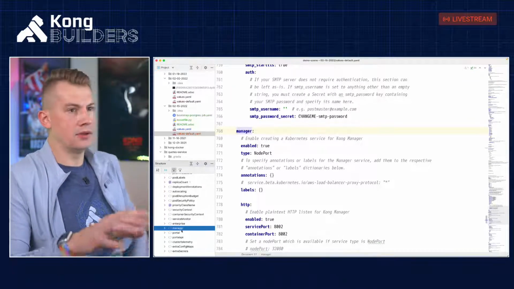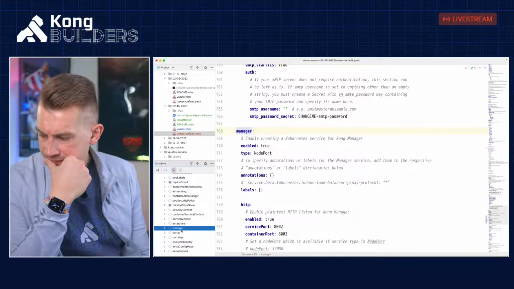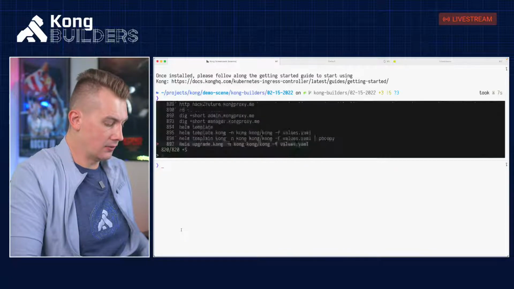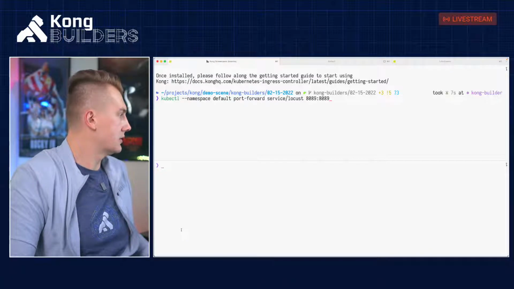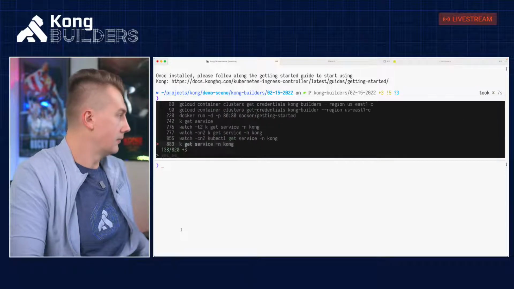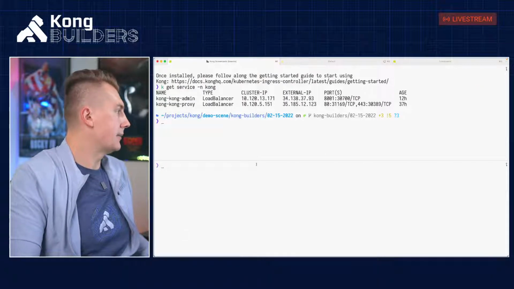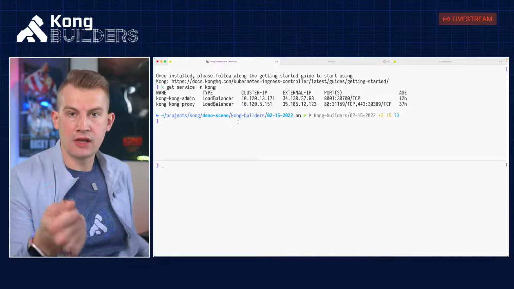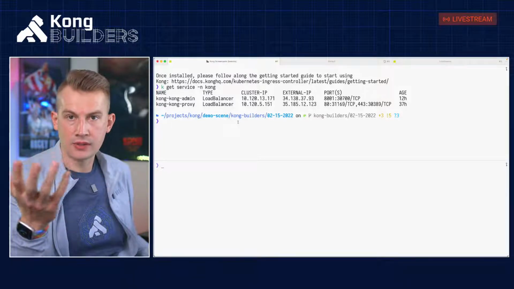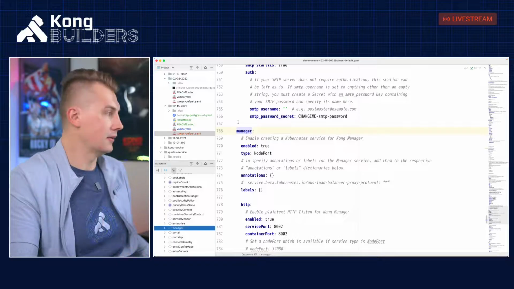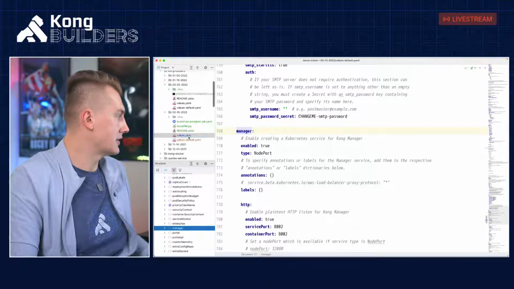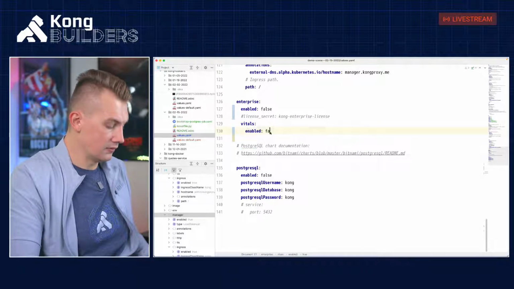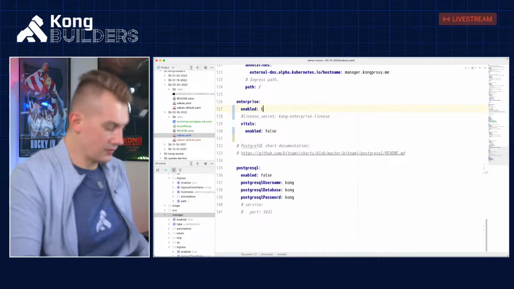Okay, so even though I'm pretty sure the manager is not even up. So if I go and show you services, get services from the namespace. Yeah, so what happens is, even though we are using this manager available for free, without any license, it is still part of the enterprise version. That's what we were doing the last time. So since I disabled it, let's do disable enabled false, and I enable the enterprise feature, enabled true.